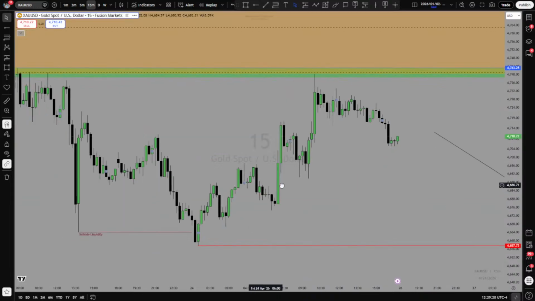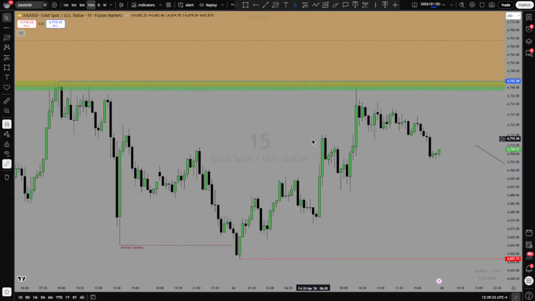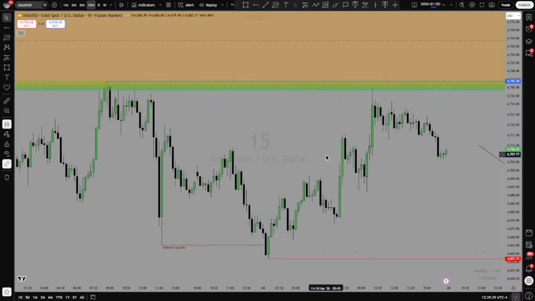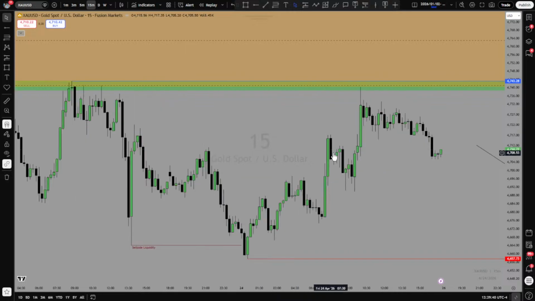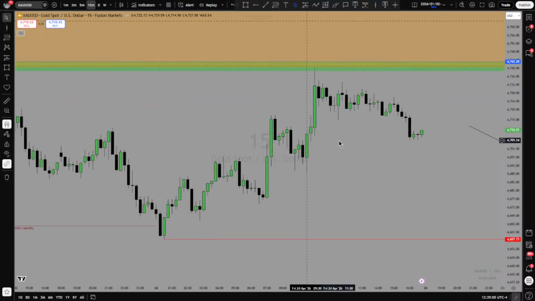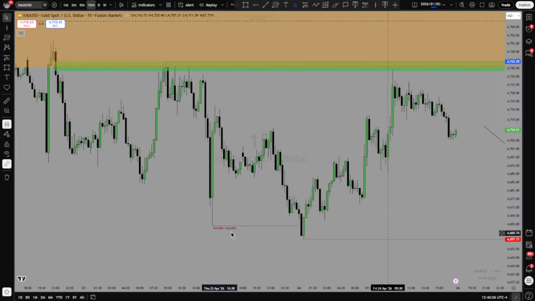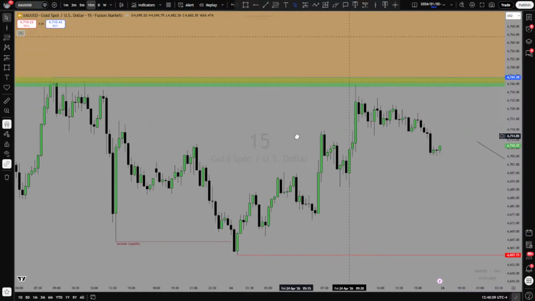Although I don't actually use that information, I just look at the chart and understand that, okay, yes, we might be able to go down right now. So what did we have here? It was perfect. We had this fair value gap, but I'm going to start looking at 9:30, because that's what I trade, New York time. So I start trading from here up until here. What the price did here is very important: it came back to this fair value gap, then started moving higher. We swiped this sell side liquidity, then started moving higher.